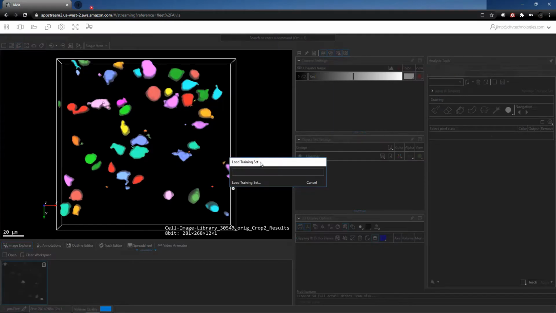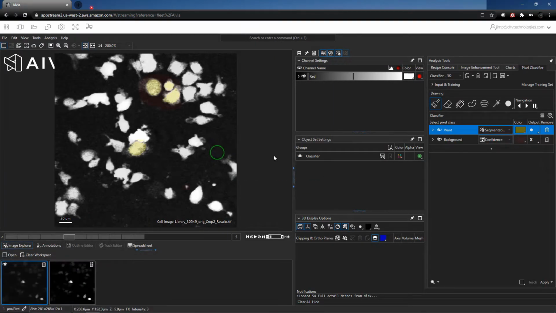I'll go ahead and open the classifier that Patrice had worked on. And what I'm going to do is erase, let me lower my brush a little bit. I'm just going to paint some of these dots as background. My goal here is not to create the perfect image, but rather just show you some of the functionality